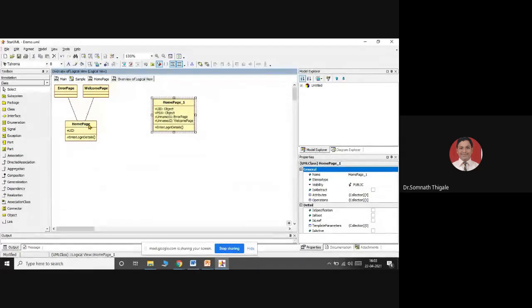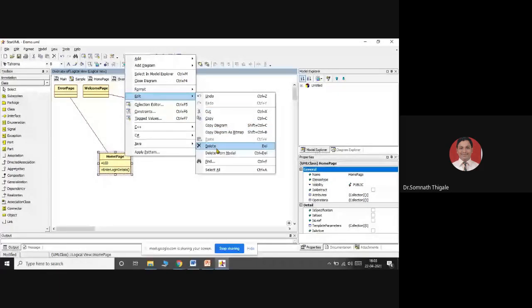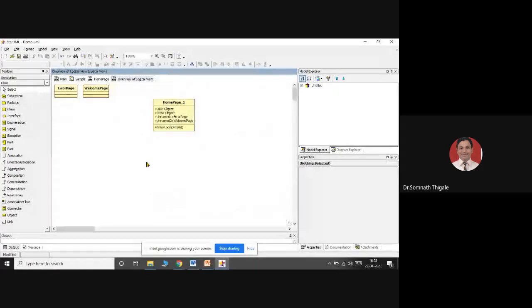Earlier only home page was there, and it comes with the object and password. Association is there with error page and welcome page. If you want to add this, you can simply change the relationships over here. You can select this class and delete this. So from code also, I am able to generate the parts. Now I can combine this with this, and again one more class with this.